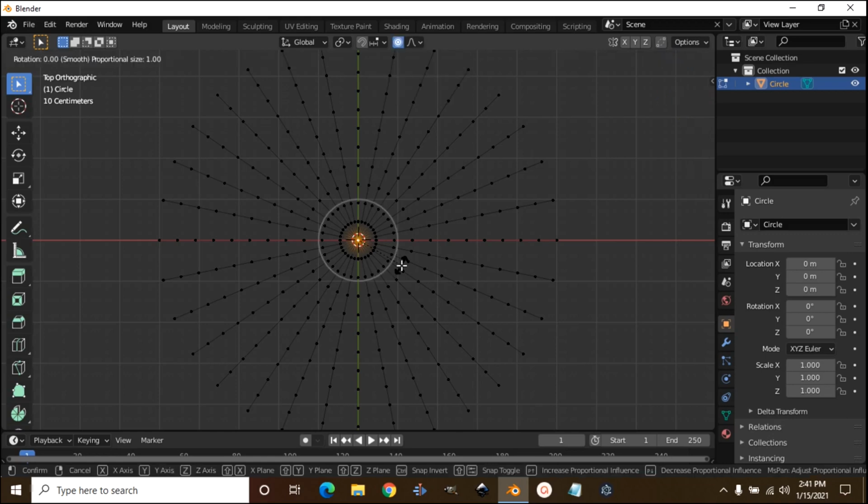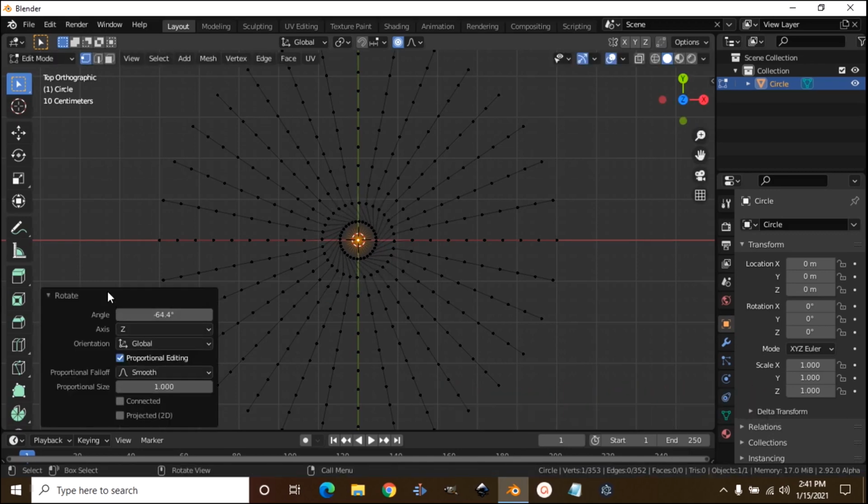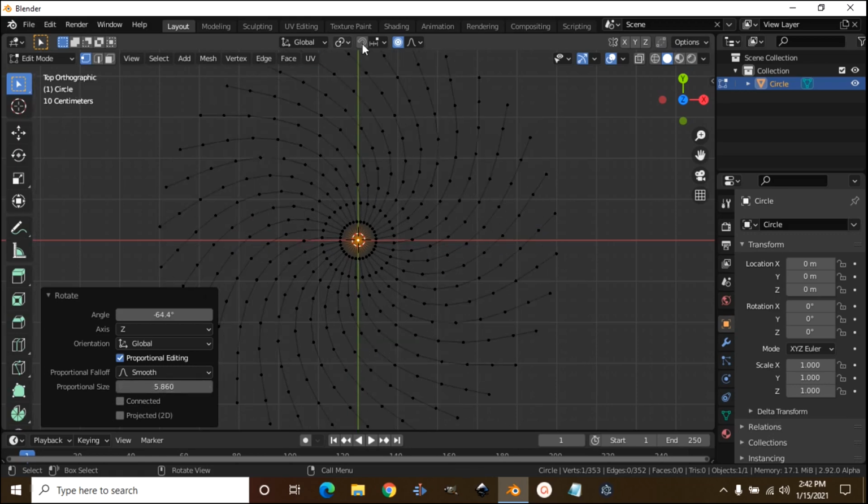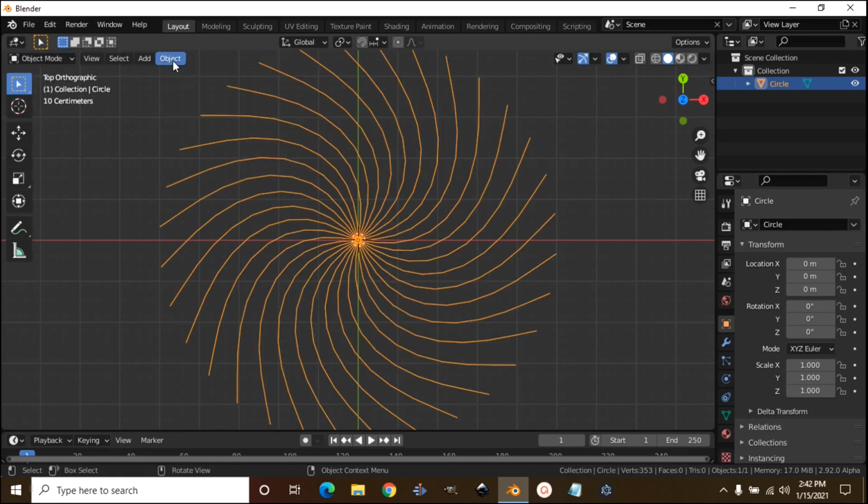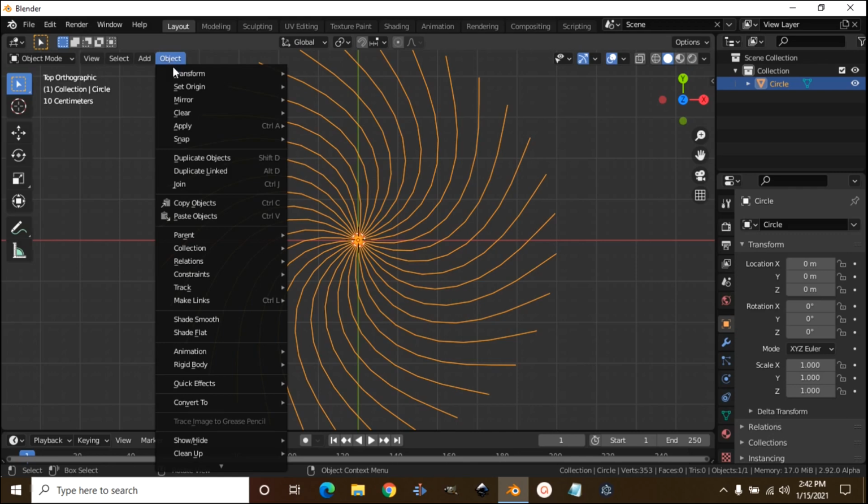Now press R, then Z, then right click and you have this option. Now you can change angle value something like this, and also you can change proportional size like this. Now disable this proportional editing mode, switch to object mode, then click on this object, then under this convert to,